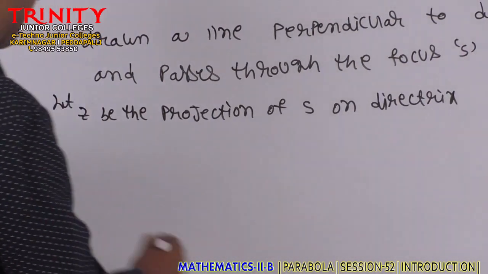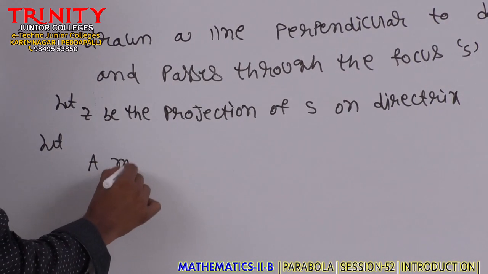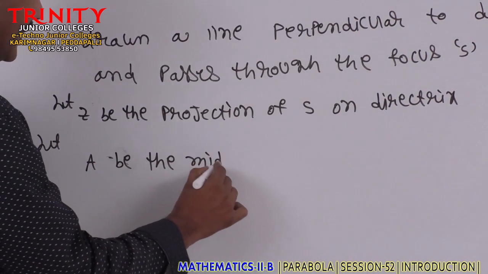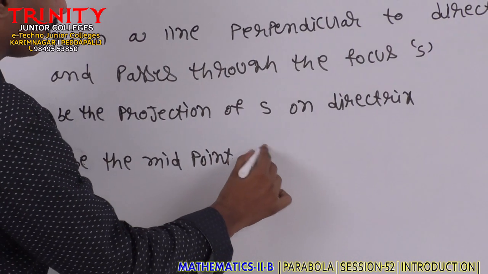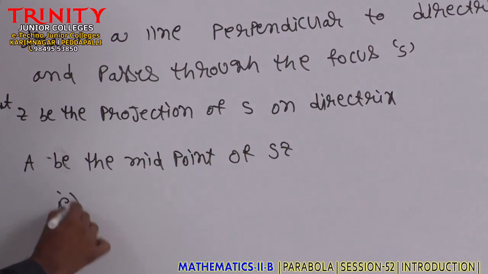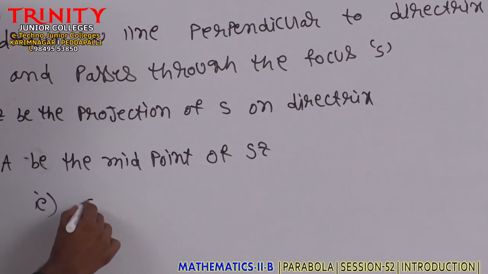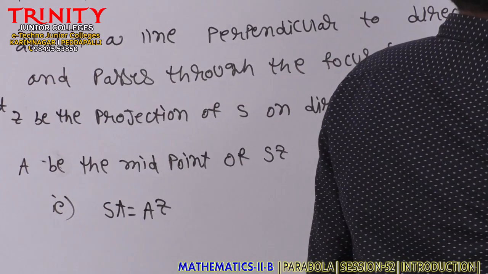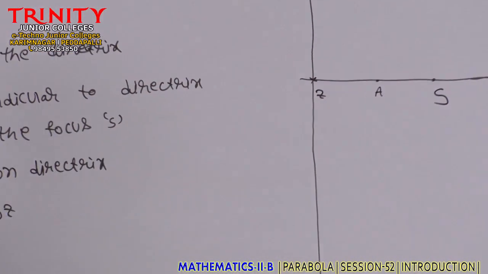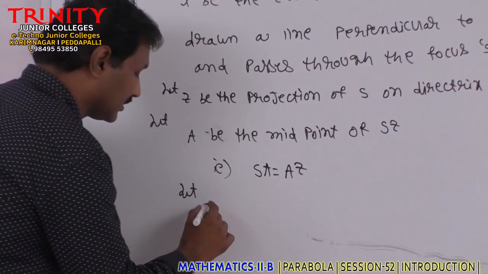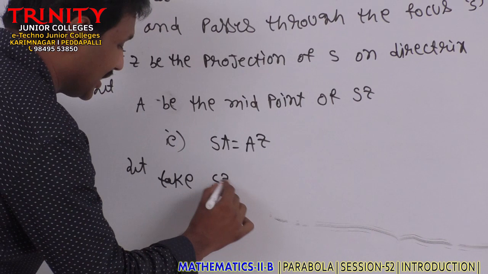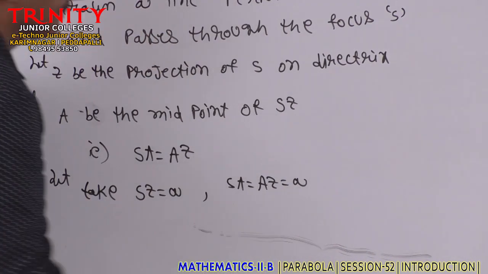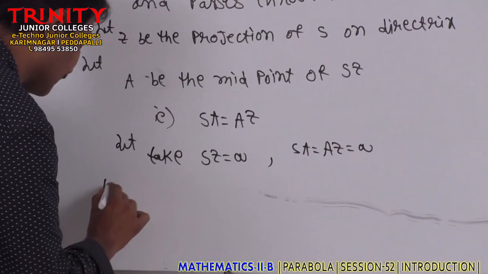Next, let A be the midpoint of SZ, that is, SA equals AZ. Take SZ equal to 2a, then automatically SA equals AZ equals a. Then we draw a line